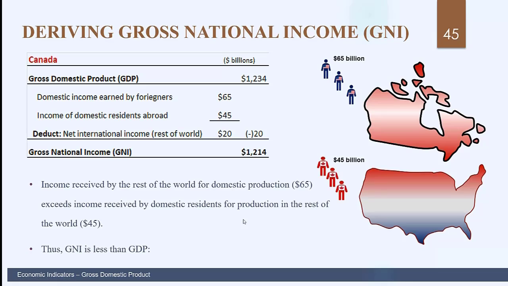In this case, gross national income is less than GDP. This is easy to see. We have that foreign nationals in Canada, in other words, U.S. residents in Canada, earned income of $65 billion in Canada, and that was part of gross domestic product. So we're going to be taking that away when we calculate gross national income. But for gross national income we need to include any Canadians who had income abroad. And so we're going to be adding back 45 billion. Since what we're taking away is larger, the 65 billion, than what we're adding back, the gross national income will be less than gross domestic product.